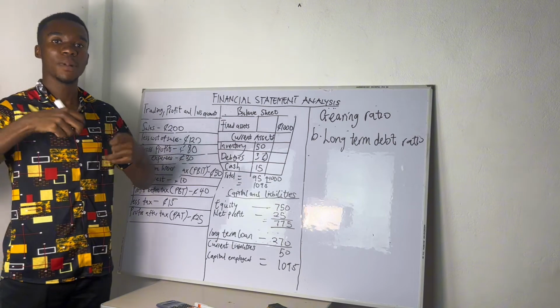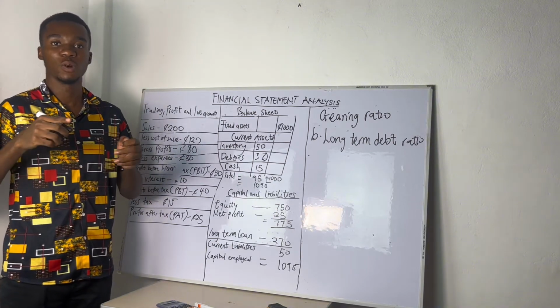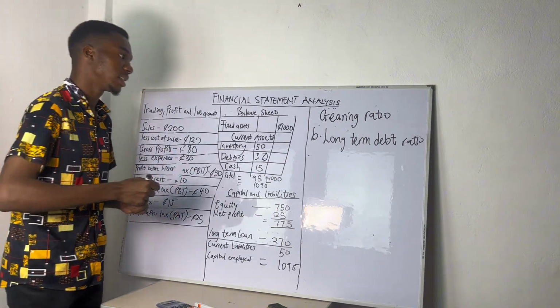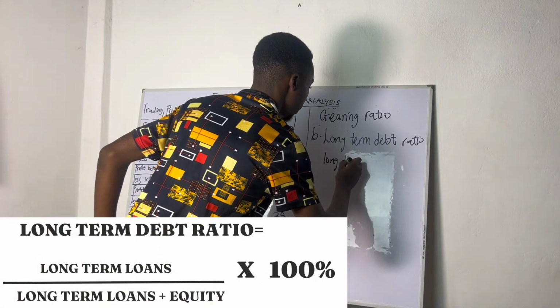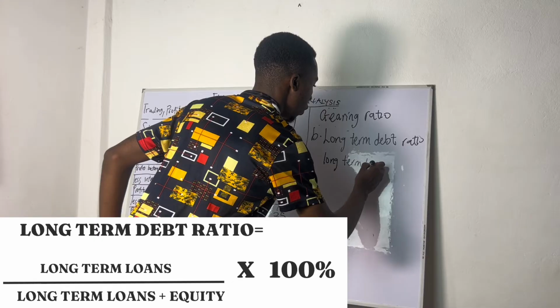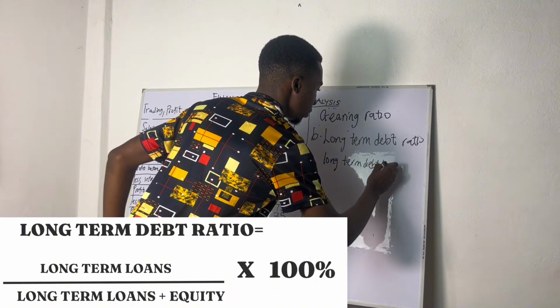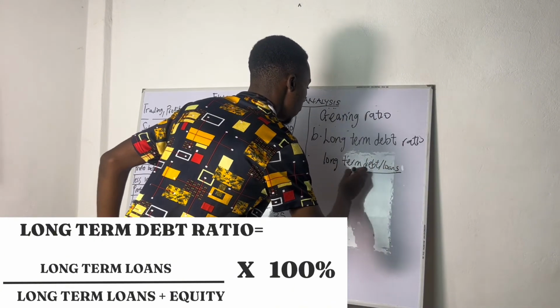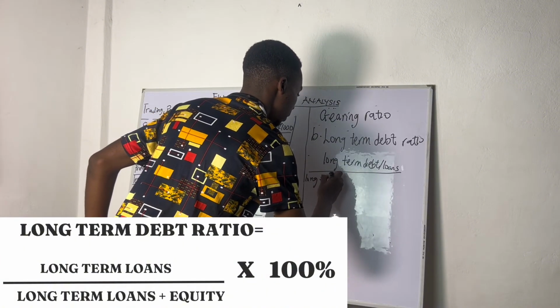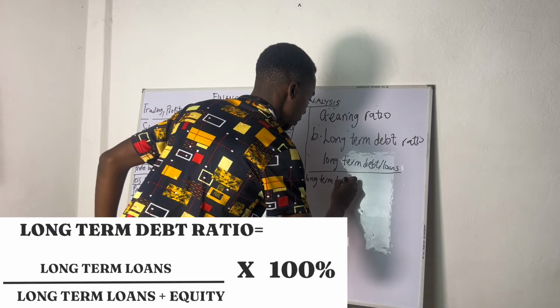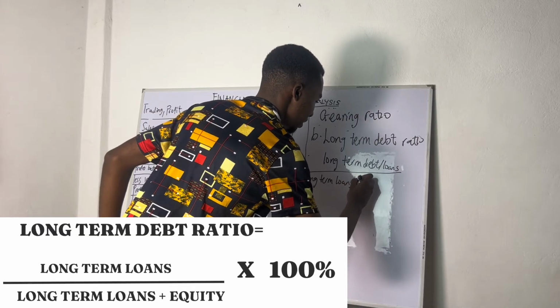And the formula for that is the long-term debt or loans over the long-term loans plus equity